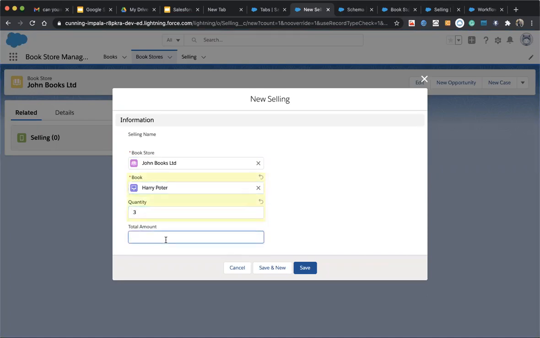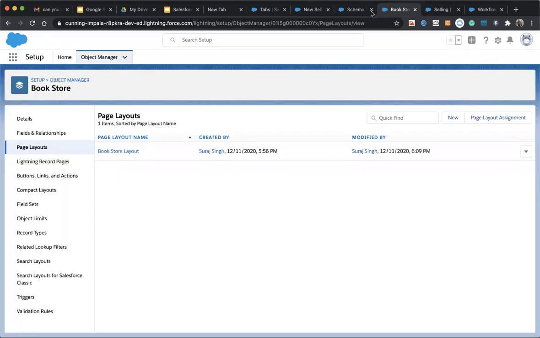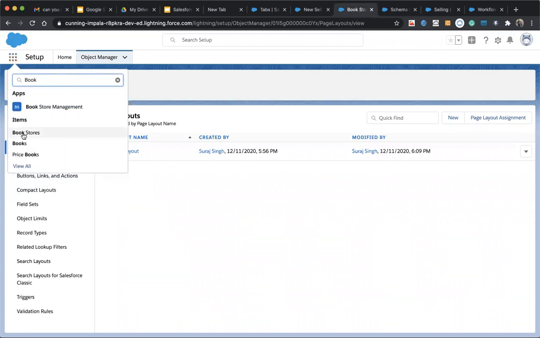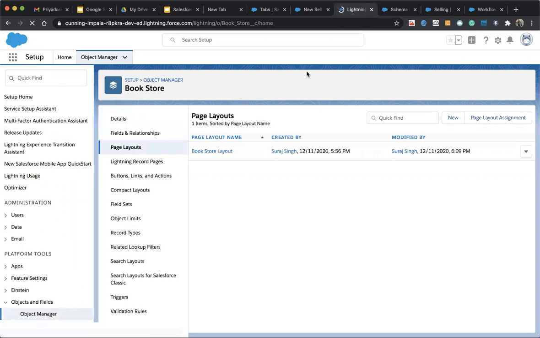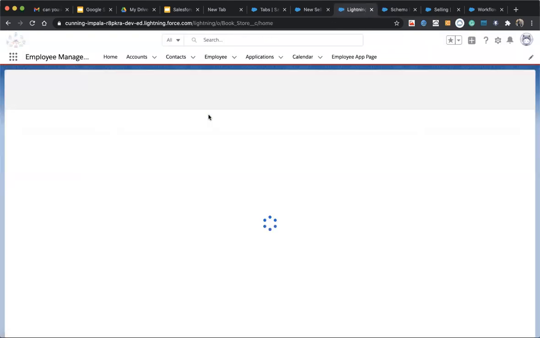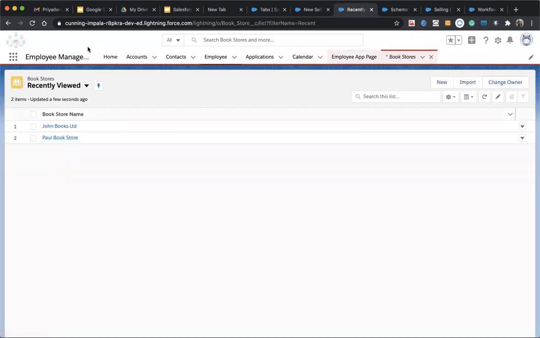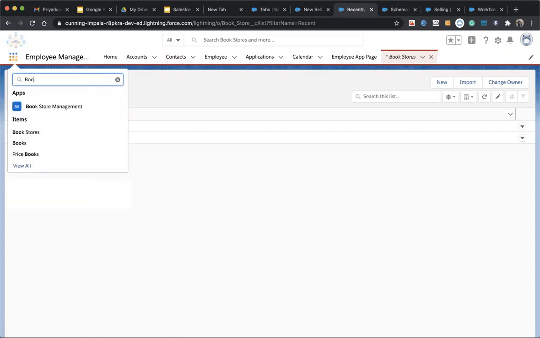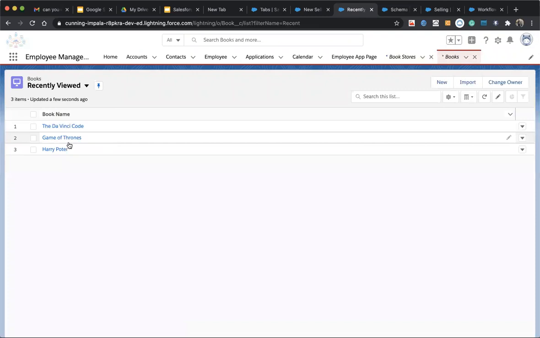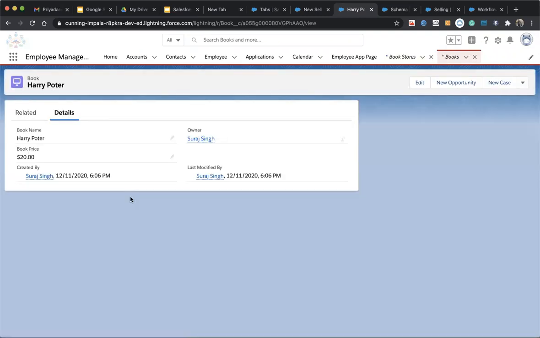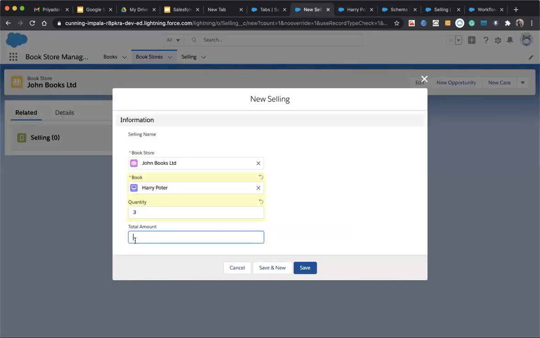At that time, he has to go to this tab, the books tab, open this record, see that the price is 20, and then 20 into 3 will be 60. He will enter 60 and then hit save.